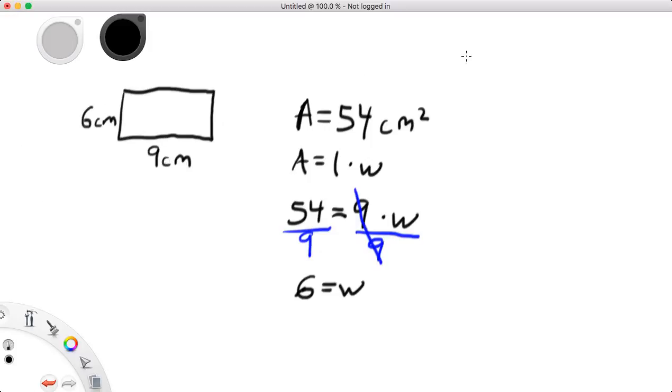Is that right? Area would be length times width. 9 times 6 is 54. Centimeters times centimeters is square centimeters. Yes, so that's right. So now what we've got to do is